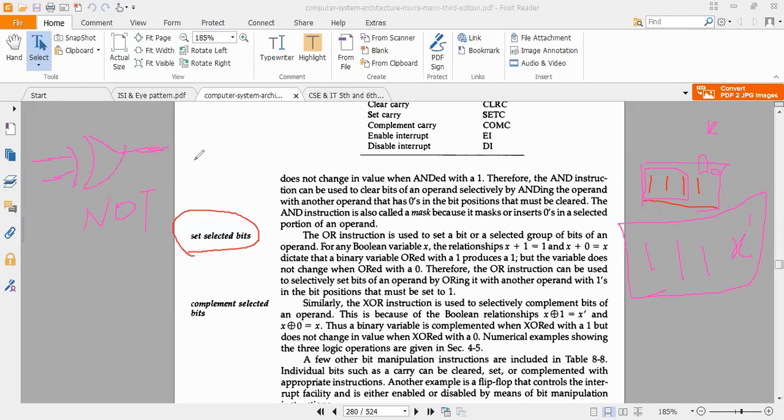We will finish this chapter tomorrow. Tell me, how will you make an exclusive OR gate into a NOT gate? So many students are there. I think many of you can give the answer, but open your mouth. Try to speak something.